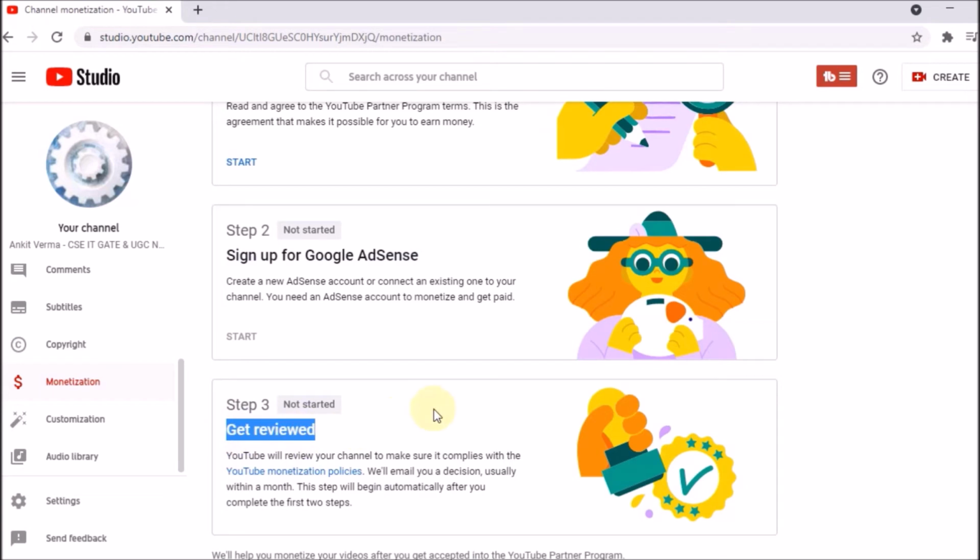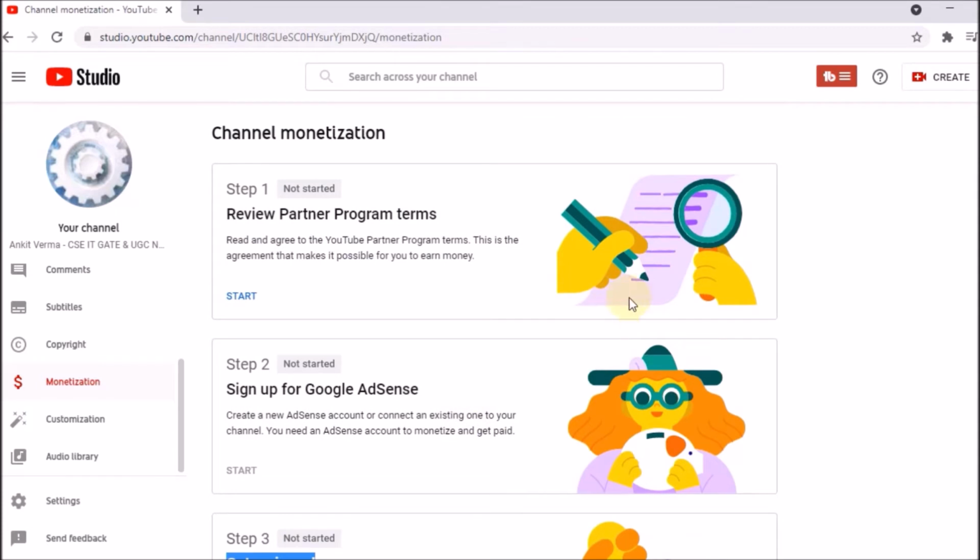This is done by YouTube itself. They will check whether your videos are authentic, or whether somebody is submitting fake videos. Let's say you have fake watch time, where you are playing your video by yourself. That should not be there. These are all the things which should be done, so we are going with a step-by-step process.